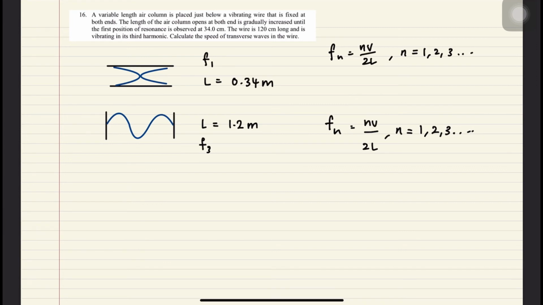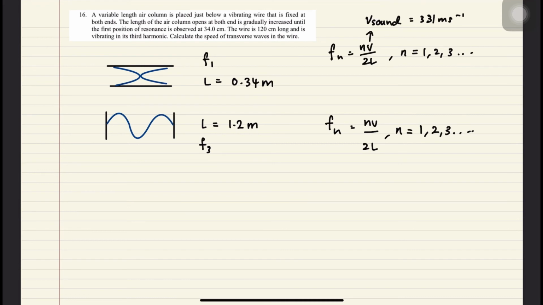Okay, so you do have the length over here, and you do have the value of v, which should be given, which is 331. Okay, we use the previous value. Okay, and if you substitute all the values there,